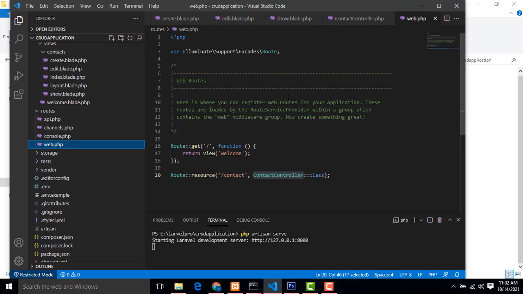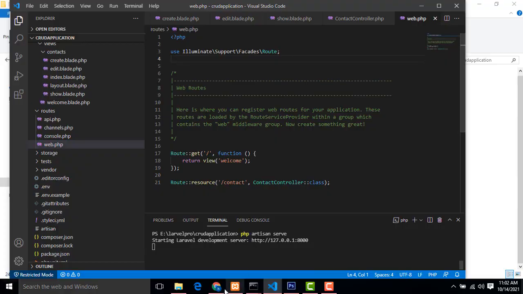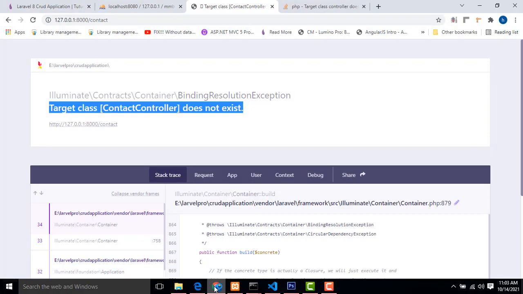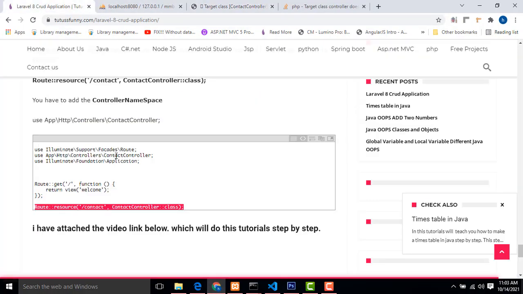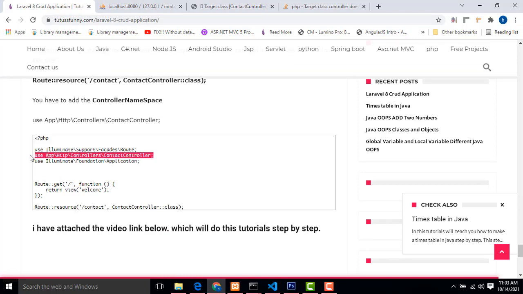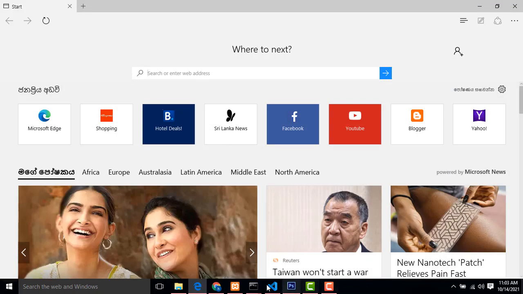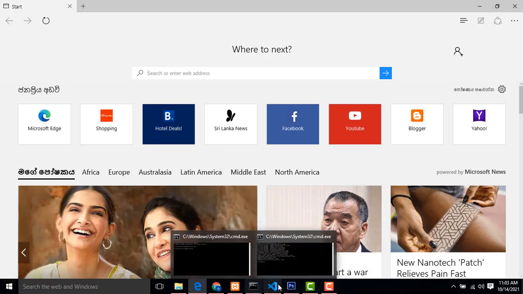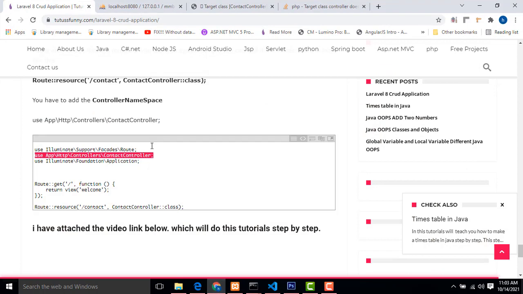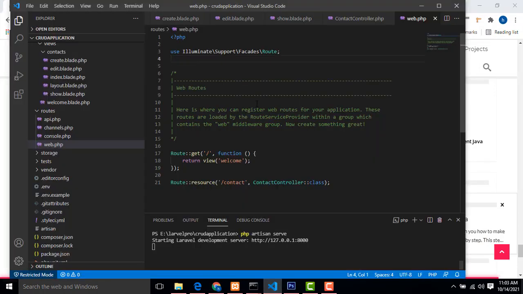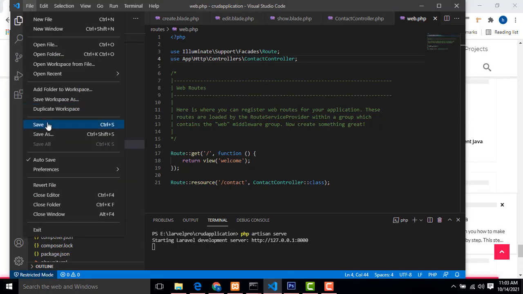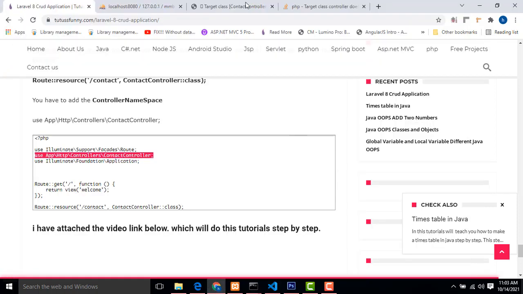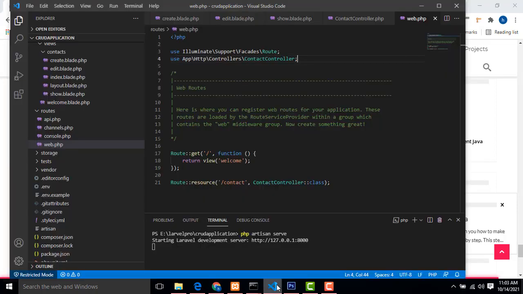Here we haven't given the controller path. Your controller resides under app/Http/Controllers, ContactController. That's why it showed the error, I think. So let's go back to our project and give it here. That's it. Let's save all. Now let's run and check.